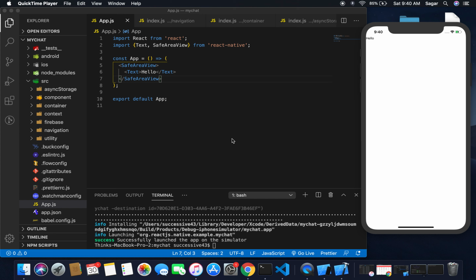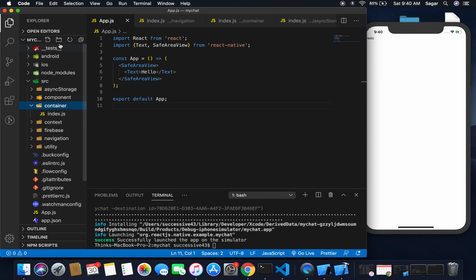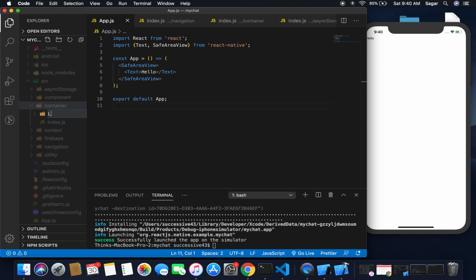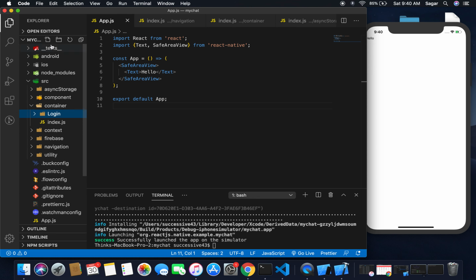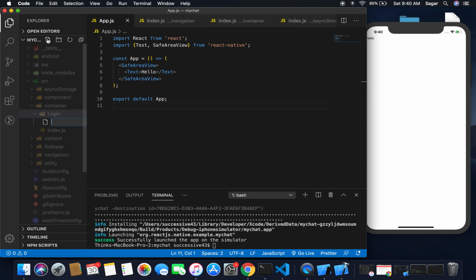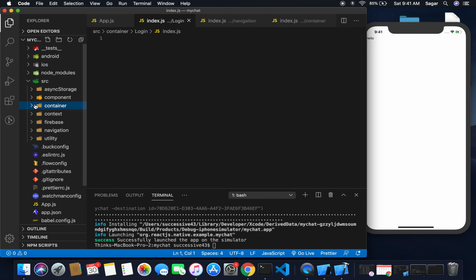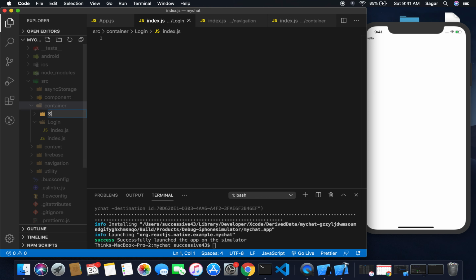In this video, I'm gonna create a setup for my navigation. So, for the app.js file, I had created everything. I had just a simple text of hello, and just to move to our container, I'm going to create some folders. Login. For login, I'm going to create a file for index.js, and the next folder I'm going to create is for sign up,